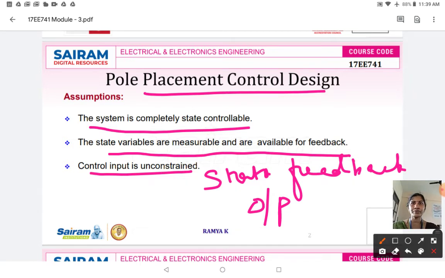And also, in case of your pole placement technique, the use of state feedback. So you will be using a state feedback from the output, because the output is going to drive the system. The use of state feedback will permit us to place all the poles of the characteristics equation. Basically, the placement of pole is important. Why? Because that defines the stability of the system. So the poles can be identified by means of your characteristics equation. There are two characteristics equations. One is the characteristics equation for an open loop system, another one is the characteristics equation for a closed loop system.